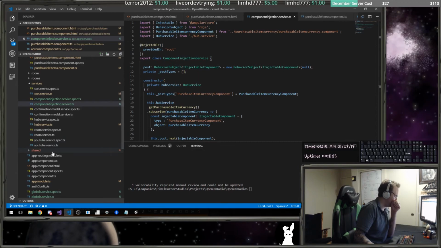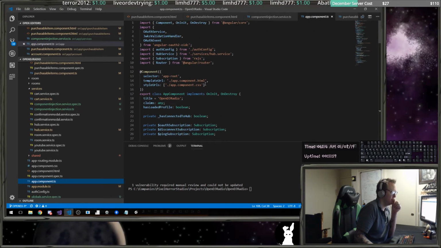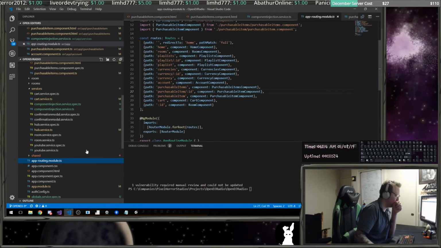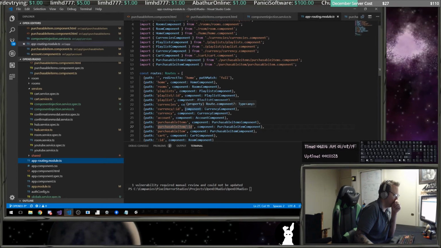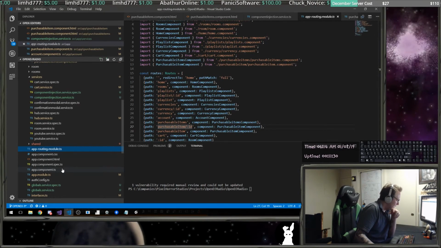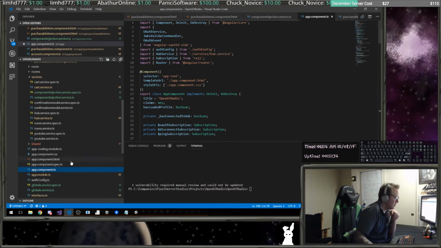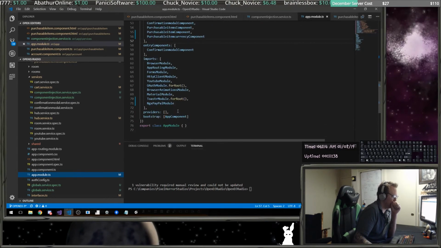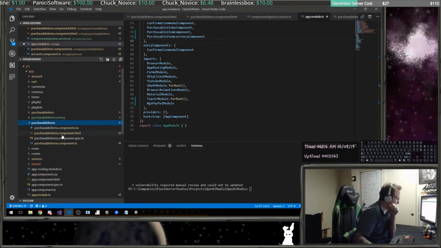So now when I look at my app routing module, I want to make sure that I have a purchasable item component in my app module done correctly for the service, okay? And then in my purchasable items,